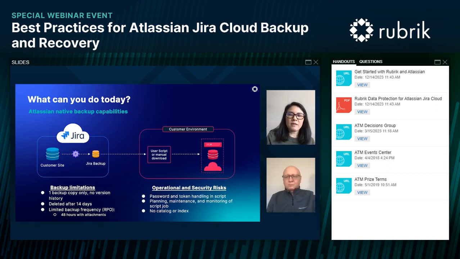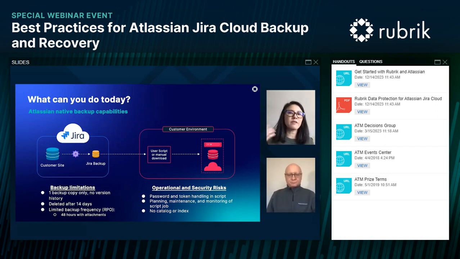But let's say there are customers who do want that version history. They can try to figure out a workaround or a solution. They can download the file every time they generate a backup and save it somewhere else. Create the script, do a download.